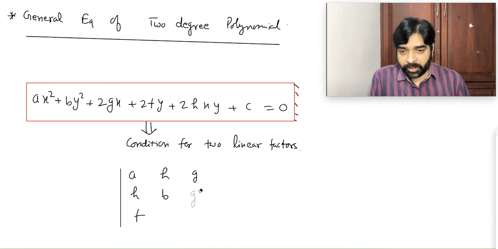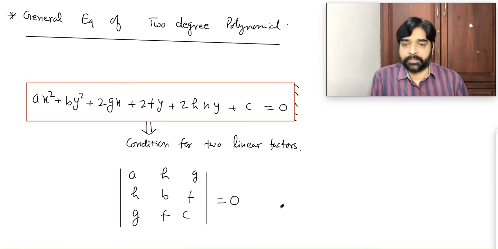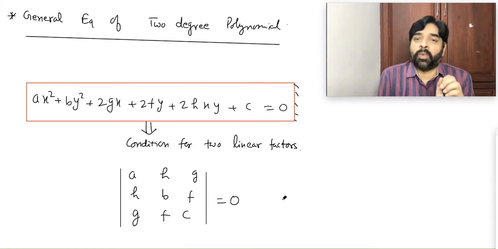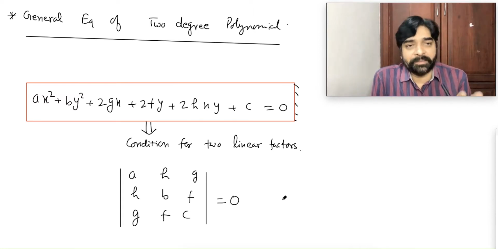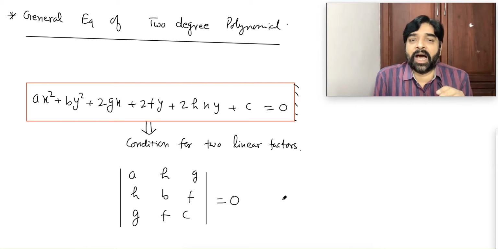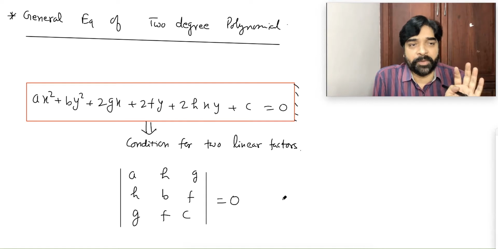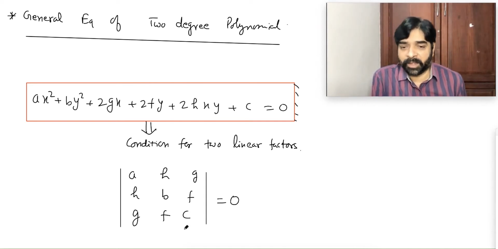Actually, I just remember it by a trick. For the time being you have to remember this much only. You don't have to do anything else. The rest, the proof, what is the meaning of this, why we do linear factor factorization, all these things you will study in your pair of straight lines topic. I am not going into very much detail. Only this you have to remember.